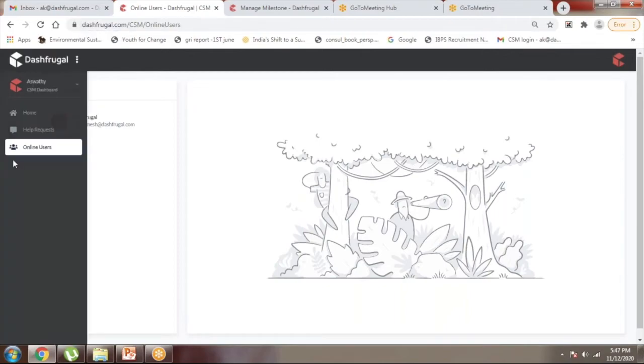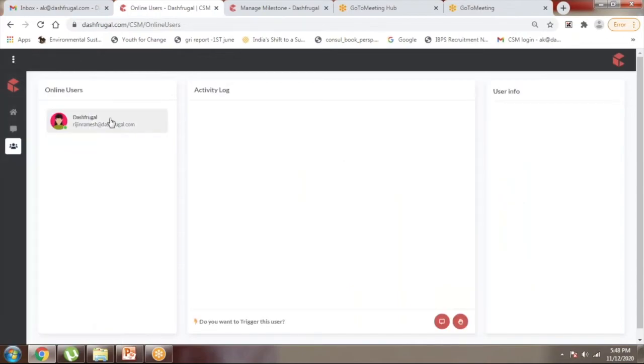If he has been inactive for a longer period, you have the option of triggering him by either sending a message or waving at the user. And you can have a pre-built message, as well as enter your customized message. This will help the user to be engaged in the software and be active, so that he can complete his onboarding journey.